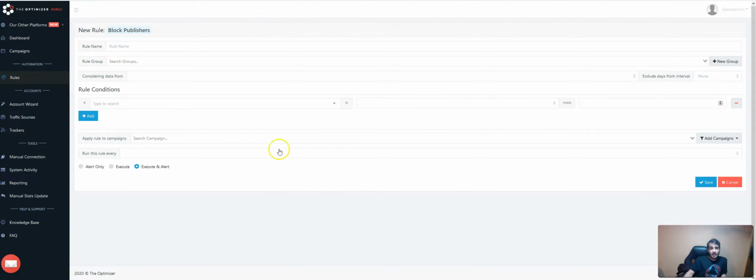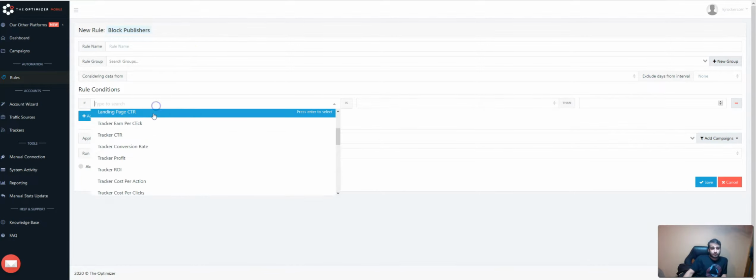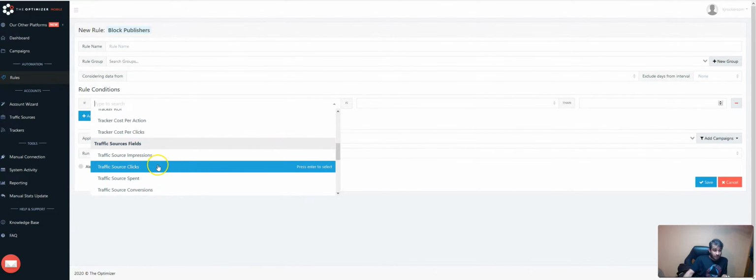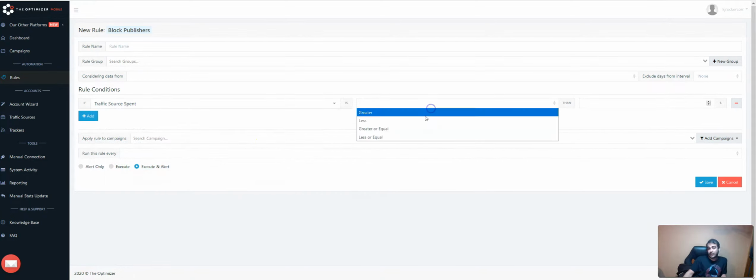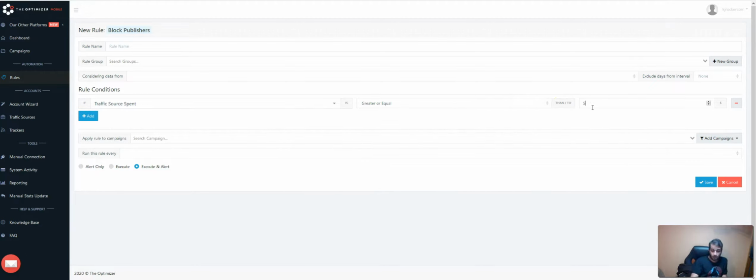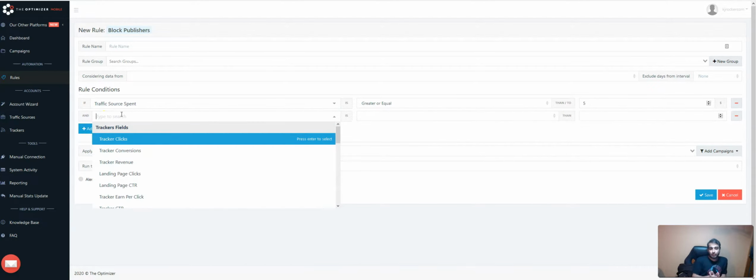For example, if I want to block a publisher, let's say traffic source spent is greater than or equal to my payout. Let's say my payout is $5, and now I'd block a publisher who has spent more than $5, which is my payout,